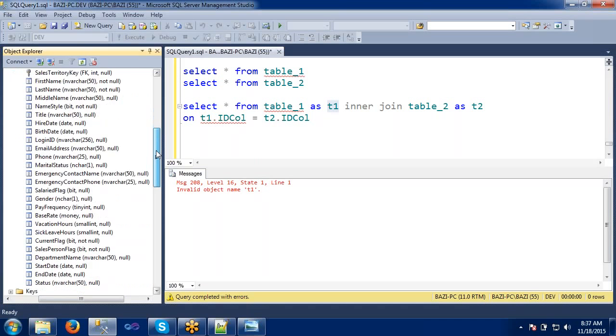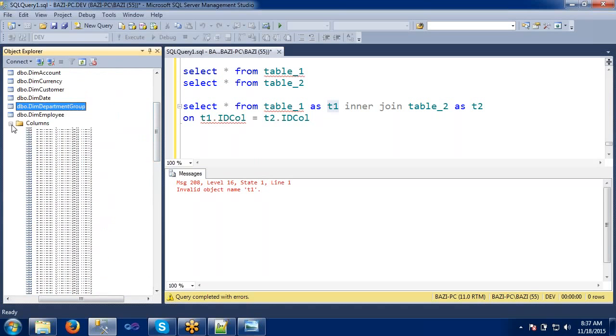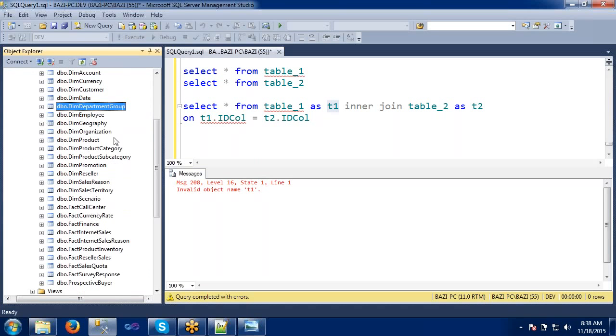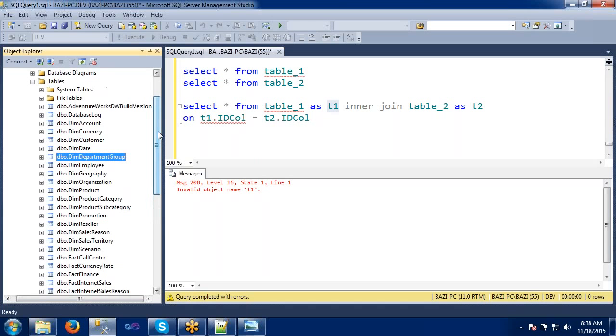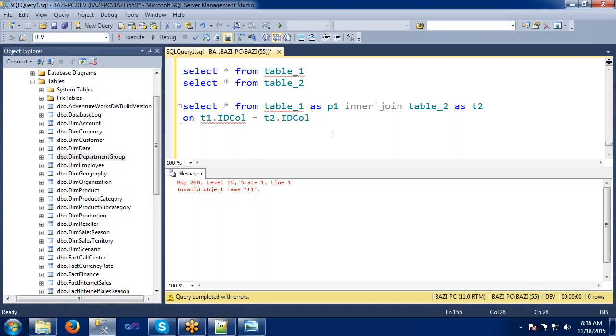So that's what I'm asking. Suppose you have called it T1 once, so next time, if you want to join the tables again, do we have to use table T1 as T1 again? Anything, it's your choice. It's not compulsory to be T1. You can make it P1 also.